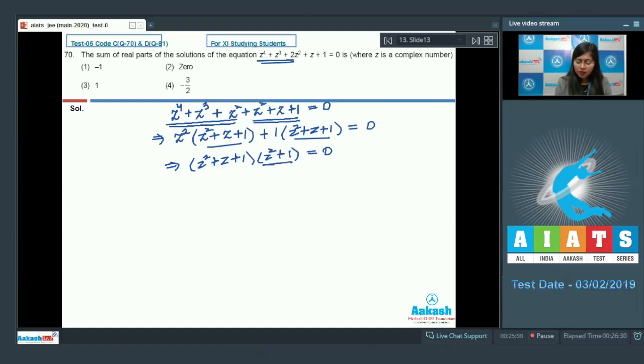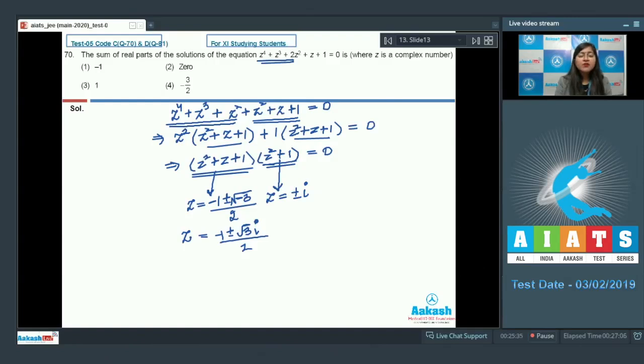Now here for this we know that the roots are z equal to plus minus iota, right? And for this also we know that the roots are z equal to minus b plus minus under root of d, that is 1 minus 4, that is minus 3 upon 2 times 1, right? So the roots are minus 1 plus minus root 3 iota upon 2. So these are the 4 roots of this equation. Now we need the sum of real parts of this equation. Now this is purely imaginary number. So the sum of real parts is minus 1 by 2 plus minus 1 by 2, which is equal to minus 1. So the correct answer is option number